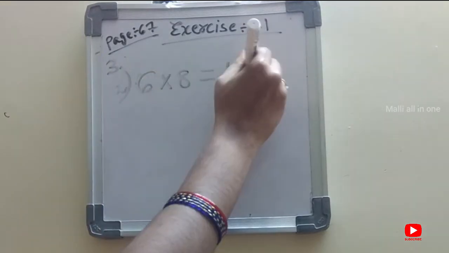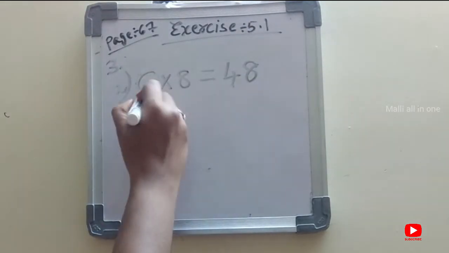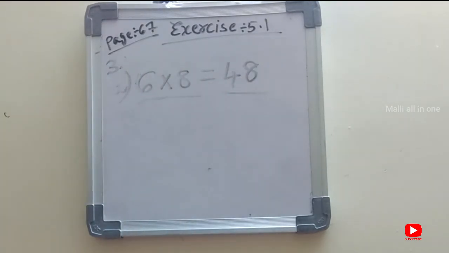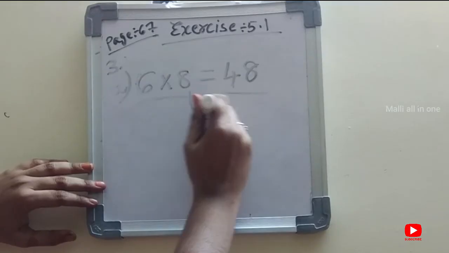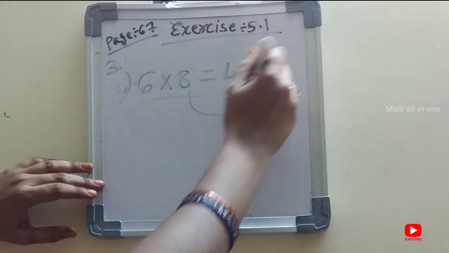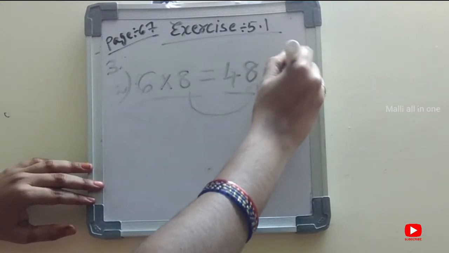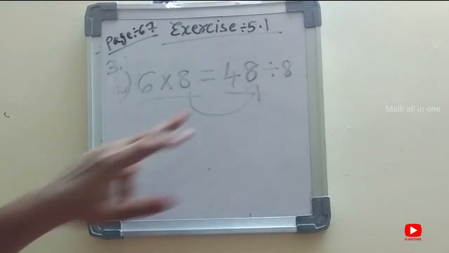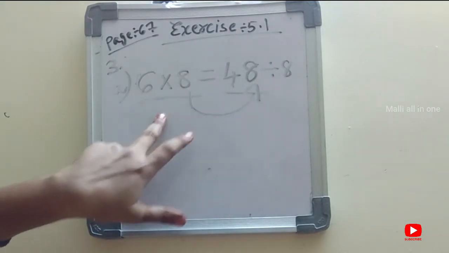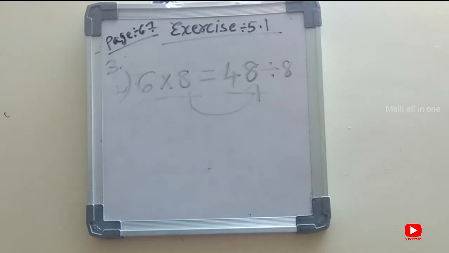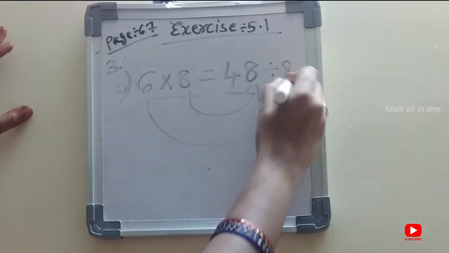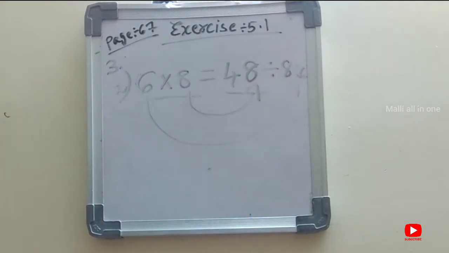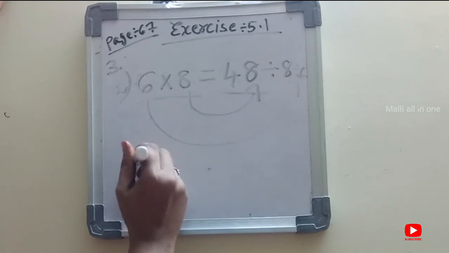Now, A sum. 6 into 8 equals 48. This is a multiplication fact. How do you get division facts? We will get two division facts here. From this 8 side, we will get a division. Anything equal to anything, it will come like this, which means we will read that as a division. Now when 6 comes also, this is also a division here. Okay. Divided to 48. Now, first fact, what?